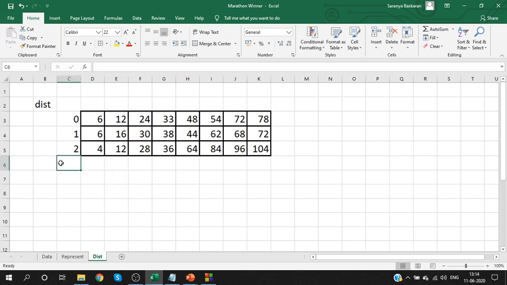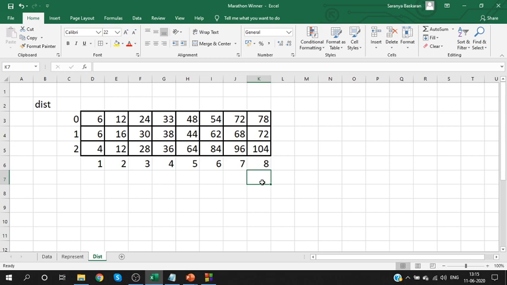What does it mean? The first column indicates the distance after 1 second. Remember, the first cell indicates distance after 1 second, then after 2, 3, 4, 5, 6, 7, 8. So we have the distance at the end of every second. At the end of 8 seconds, this is the final distance. I have the distance calculated so far. Next, what should we do?